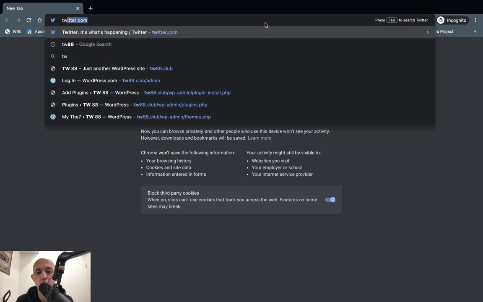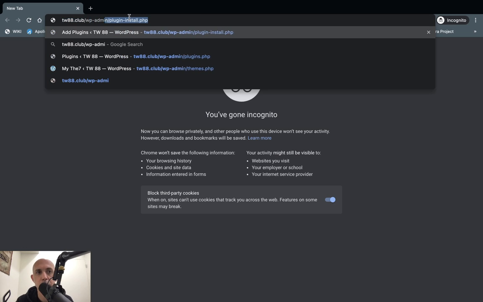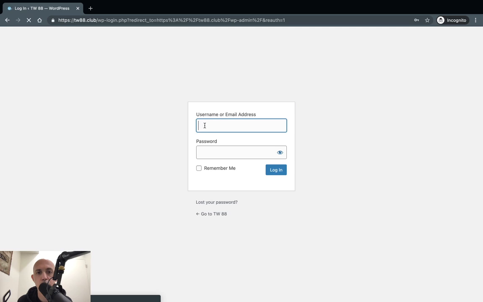So if I go to my WordPress site, for example, this is just for example tw88.club, but it might be whatever .com you have. If I go to the end and I type in here WP admin, then I can actually go to the backend login where you put your username, password, and I can start guessing them one by one. But obviously, if I guess that manually myself, it'll take a long time. But if I use a program, I can guess a lot every second, every minute, every day, and eventually I can actually get your password, okay? And I can log in as you.